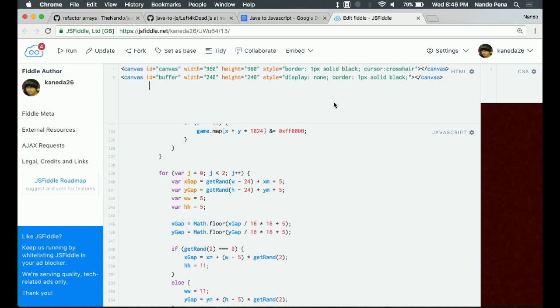So for performance considerations, I have the 240 by 240 canvas, and here you can see the canvas definition down there at the bottom. It's called buffer though, because that's not the actual one that I'm exposing. I'm exposing this other one that's bigger, 960 by 960, because I don't want it to be tiny. 240 is not a lot of space.